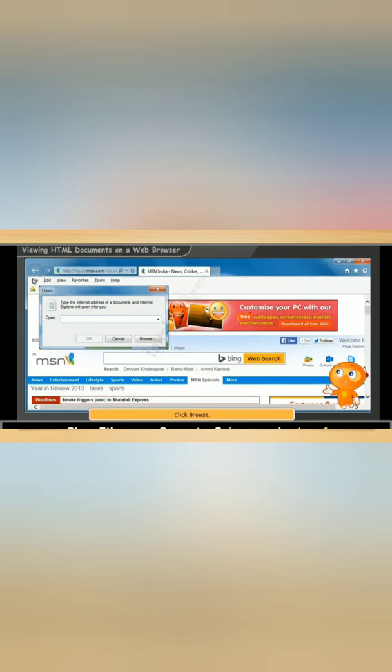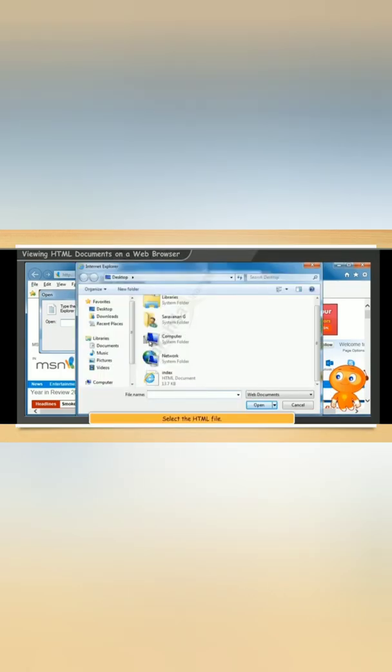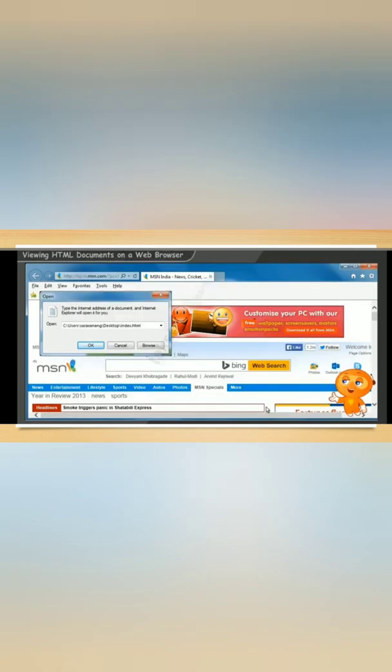Now click on Browse first. After clicking on Browse, you have to choose your HTML file. So that file is the index HTML document. Then click on Open.